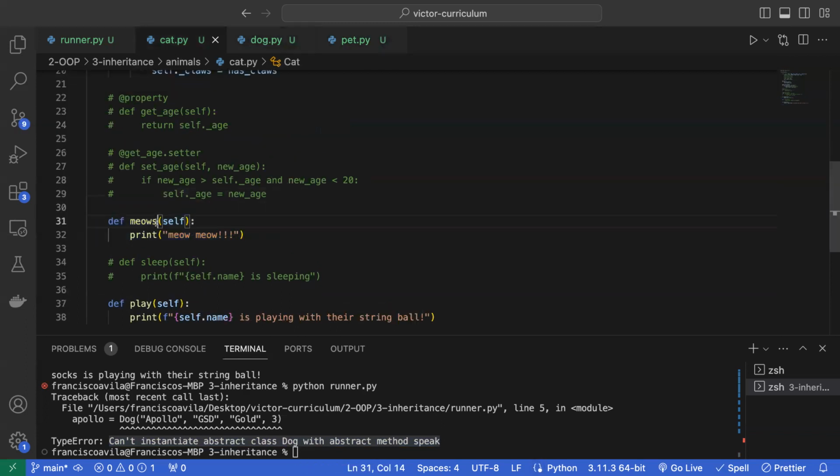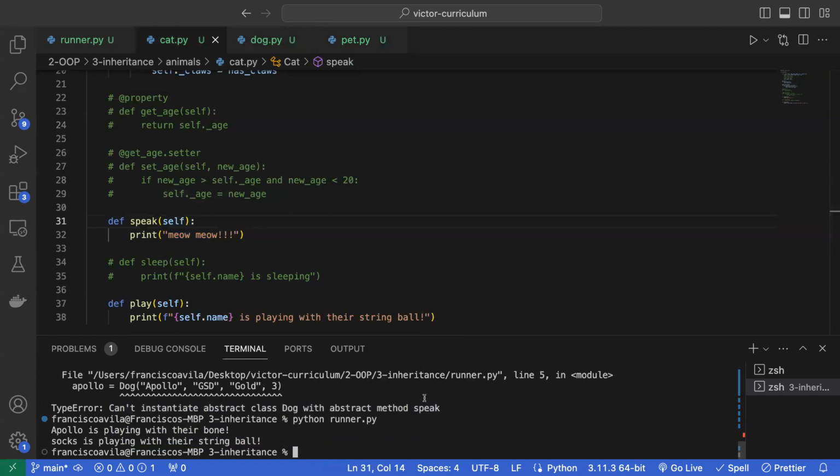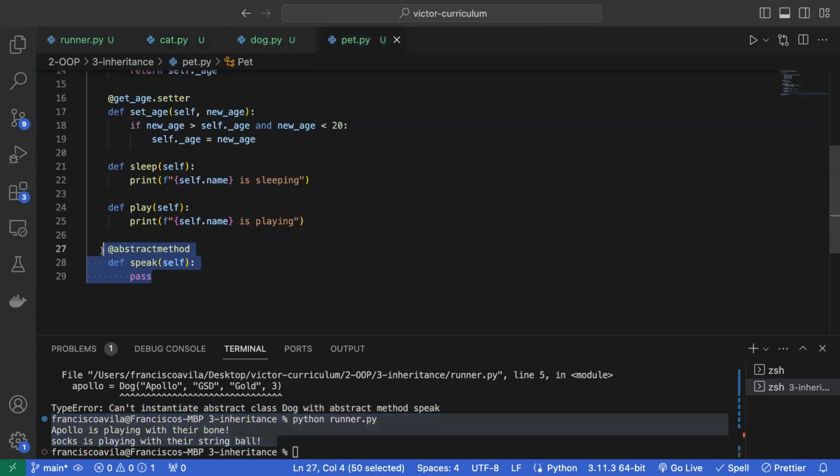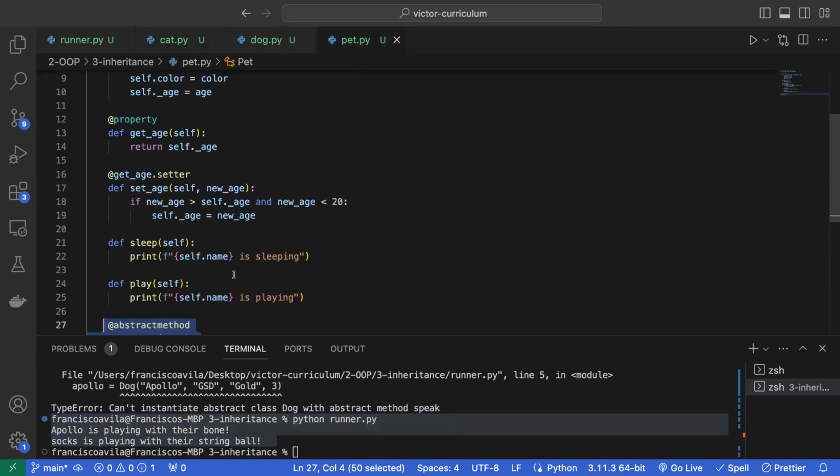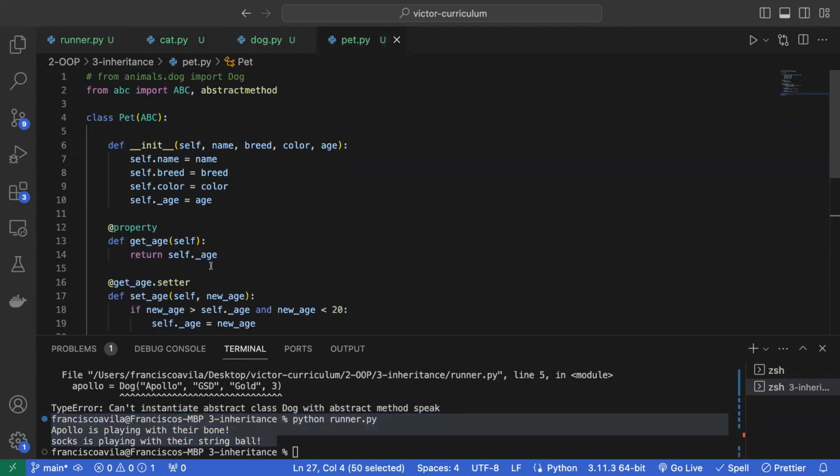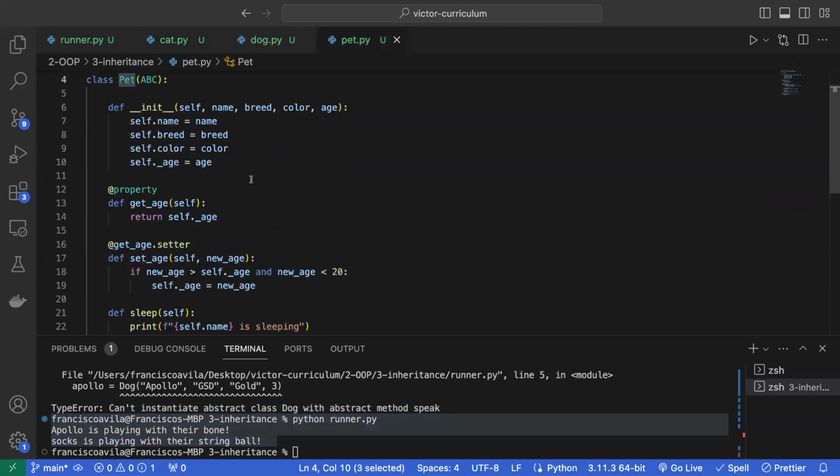And I'm going to change this meows to speak. And now when I run my runner, everything works fine. Everything's working well. All I'm doing through the pet class by creating this abstract method is essentially creating a rule. And this rule says that any child that inherits from the class of pet will have